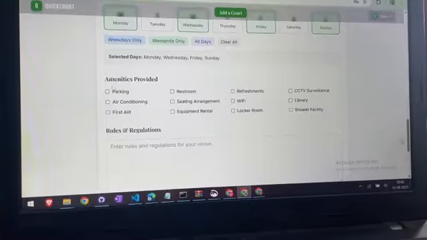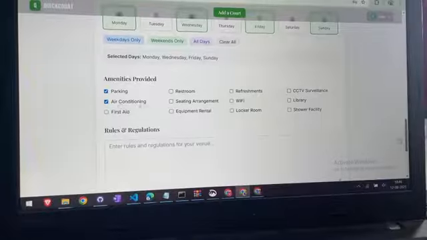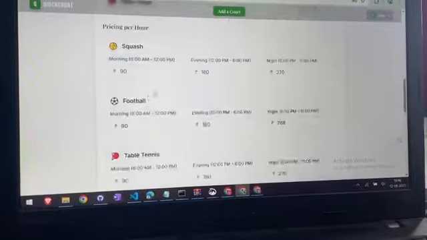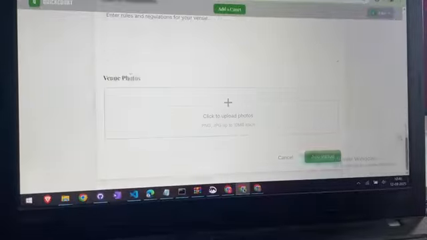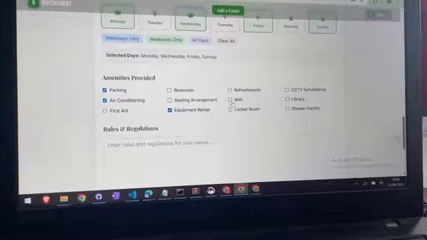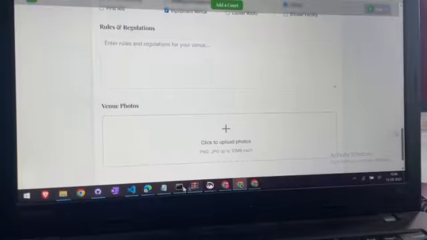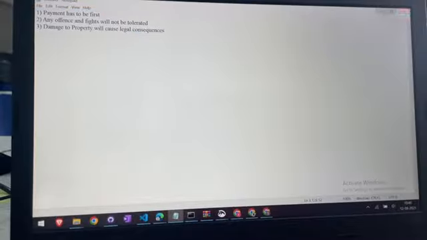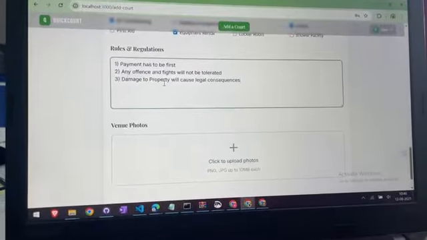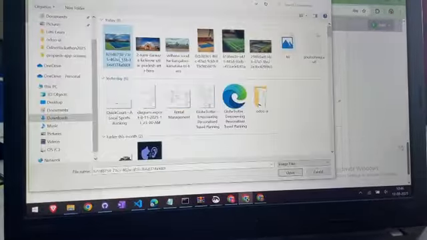These are also the amenities provided by me: parking, air conditioning, equipment rental, Wi-Fi, library, CCTV. Here is also a set of rules which we have already created, so I'll copy and paste it. These are the rules and regulations. After seeing these rules and regulations, the admin will approve him.